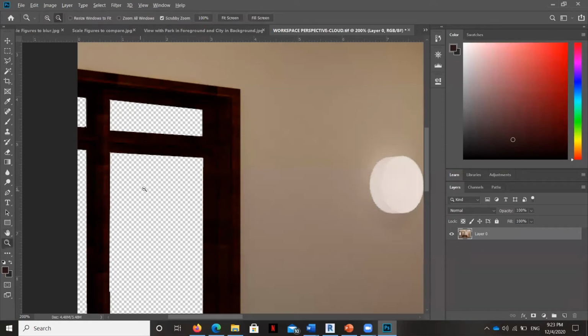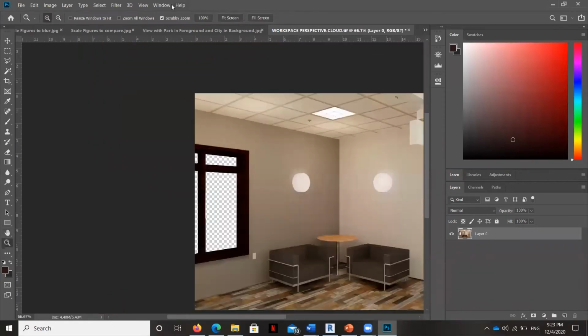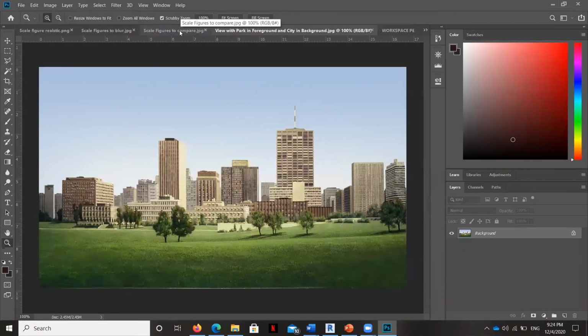Okay, so now that I'm done with that, I'm going to zoom out, and I'm going to bring in a view. I have done a Google search to find an appropriate view. You can do city views, country views, street level views, whatever you want to do. I chose this, even though this is not a realistic photograph. This is a digitally rendered one, but I chose this because it shows the context of my idyllic, beautiful, winding site, but also shows a city behind.